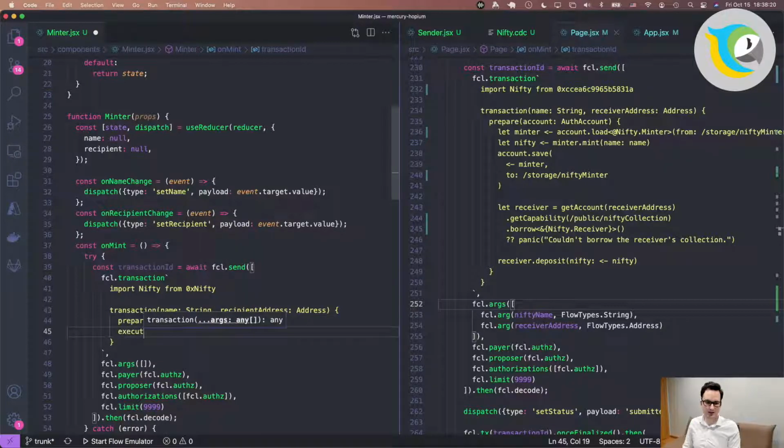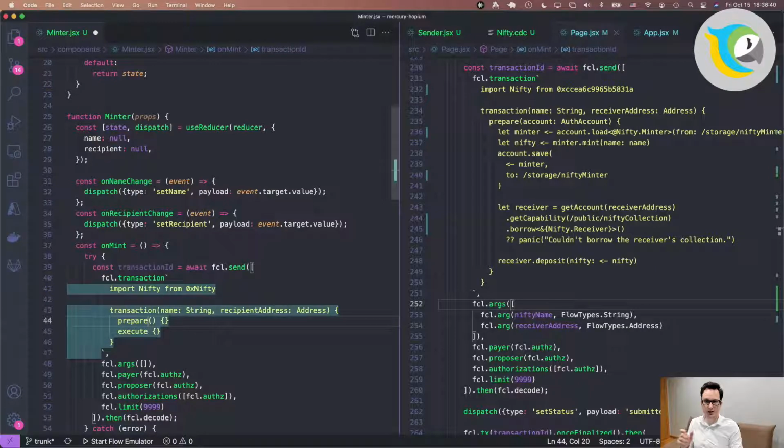But depending on the structure of your transaction, both of these could be optional. You can have one, you can have both, you can have, you know, prepare or just execute. So it all depends on what your needs are for the transaction.